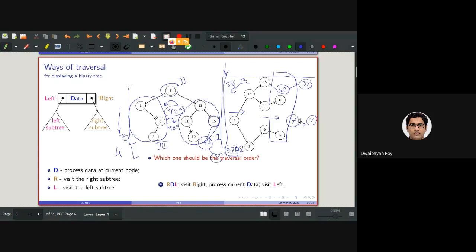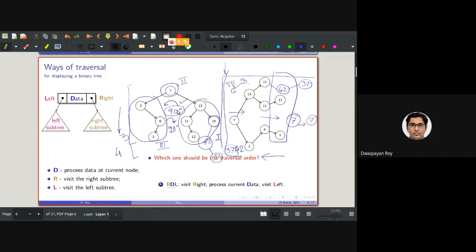Earlier when the height of the tree was 3, 7 would have been here, but now the tree is growing in this direction after the 90-degree clockwise rotation. So the new node will be going here. But it is always good to keep the tree as it is. So I guess you understand why I am doing this anti-clockwise 90-degree rotation. Everyone with me?